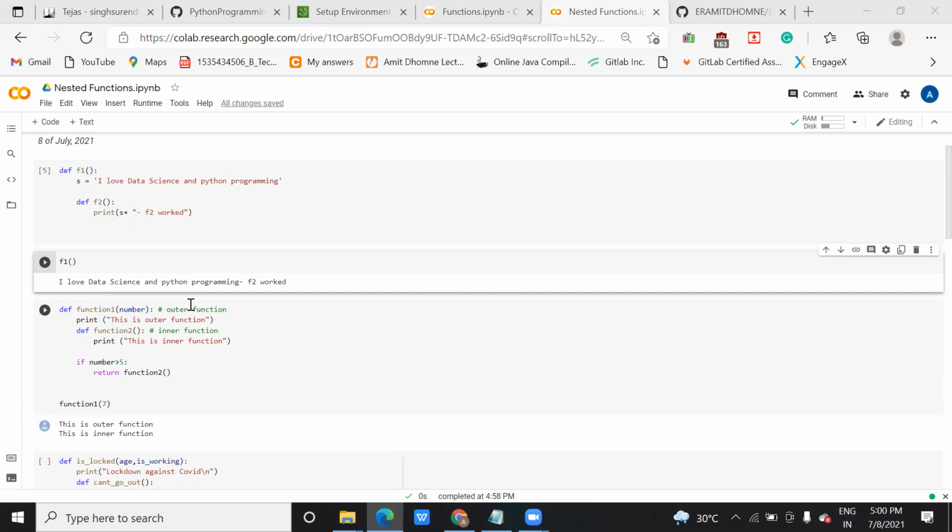As the flow is coming with 7, it will come inside this. As you have not put any condition, it will directly print this outer function. Then in here, this is an inner function, and this condition will be checked, and it will return it. So in this way nested functions work, the flow is like outer function, then you come inside.